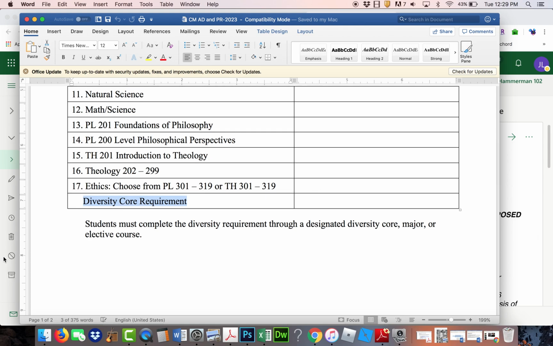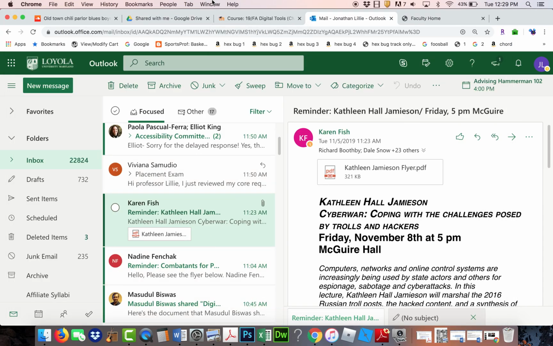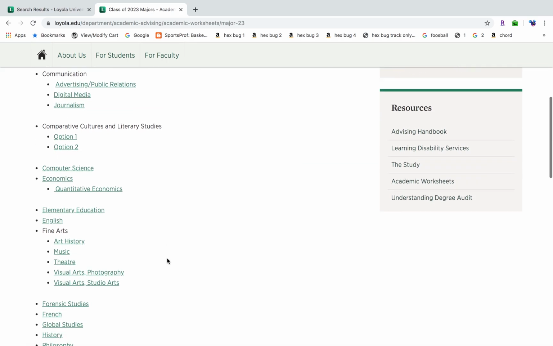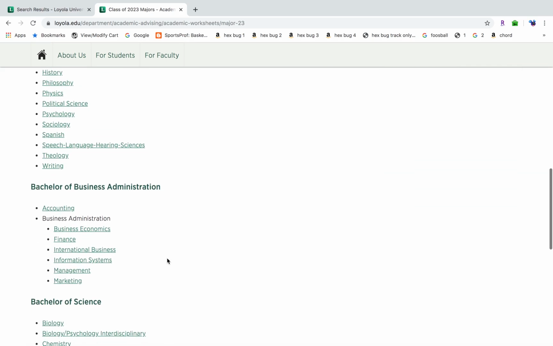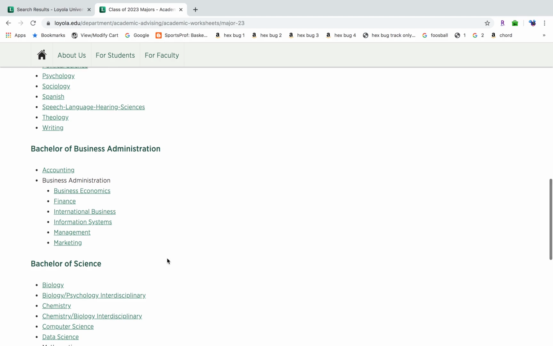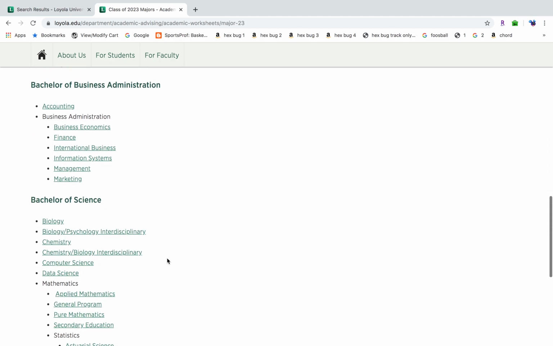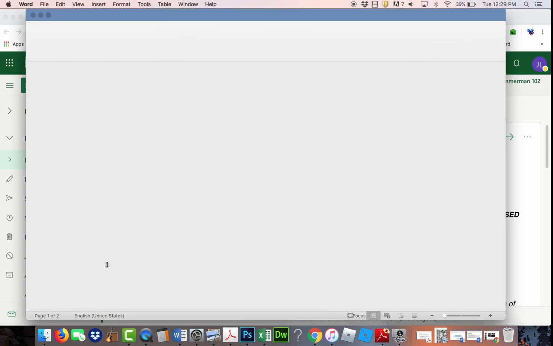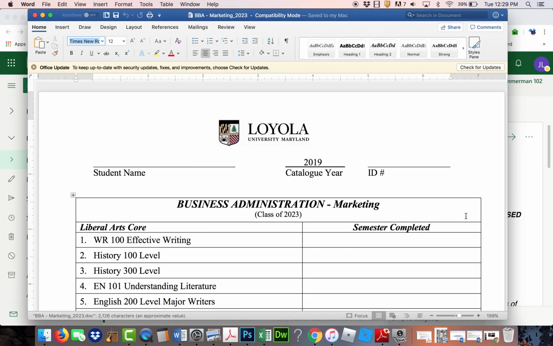So let's go back and now look at what the difference is for other majors. The majors where they'll specifically tell you what you have to take are mostly in the Bachelor of Science and business as well. So let's just randomly choose one here. I'm just going to show you business because a lot of students end up being